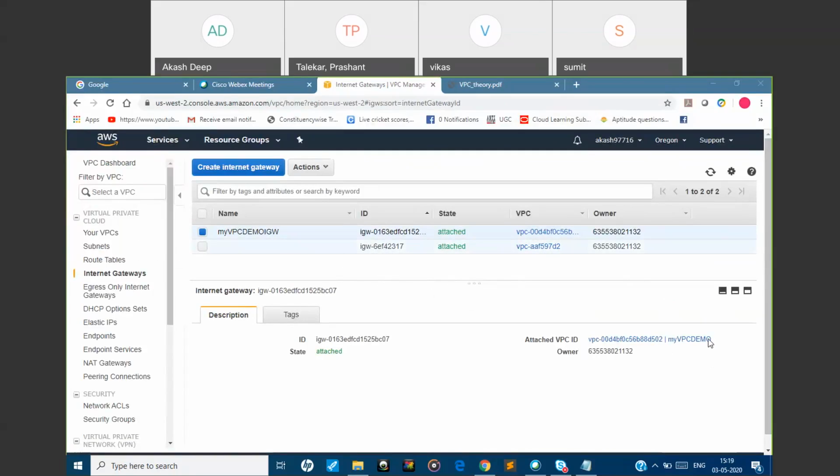And here in the description tab, you will have complete information. It is showing the attached VPC ID is this one. We had given the name also for our VPC, my VPC demo. So this gateway will basically help to transfer from one place to another.